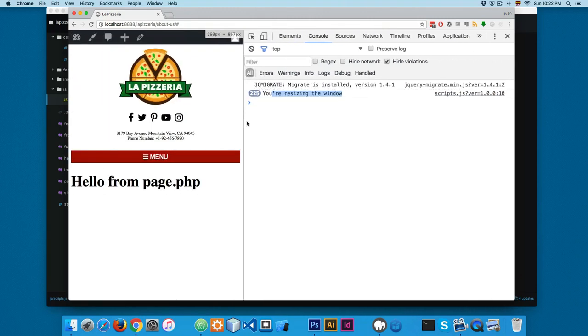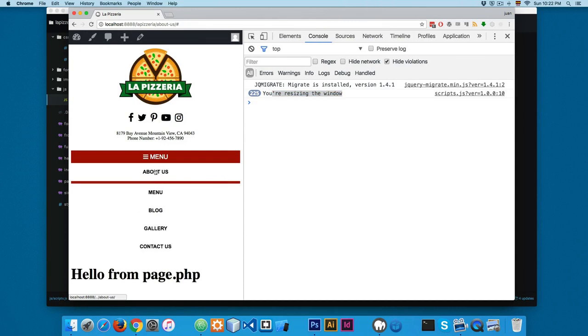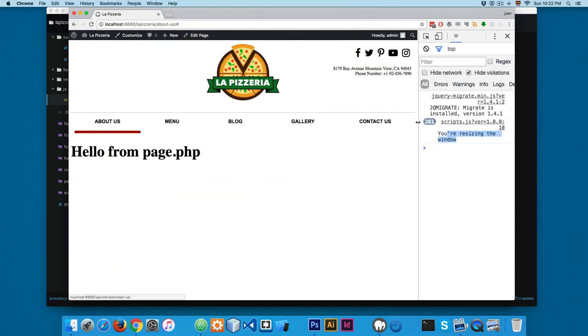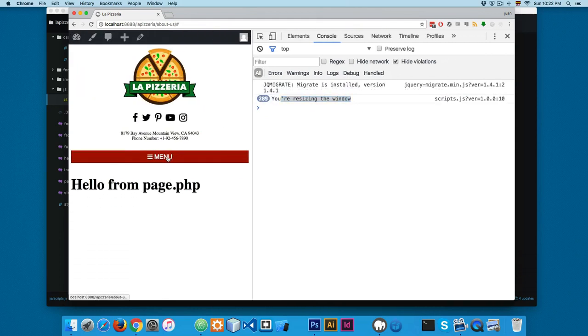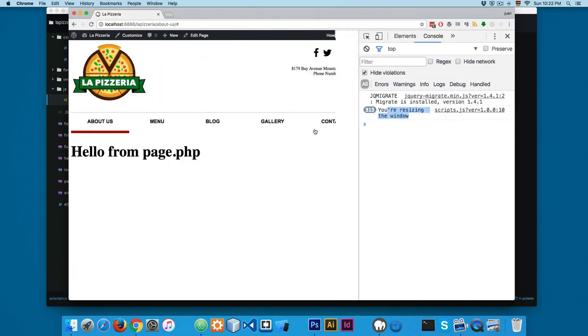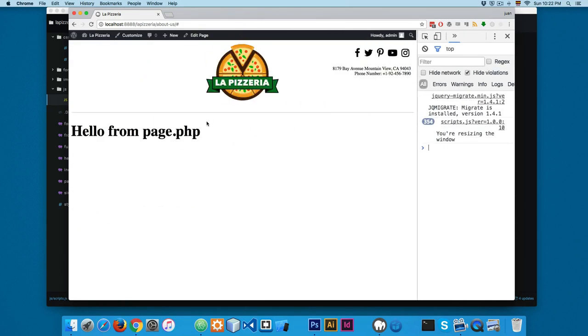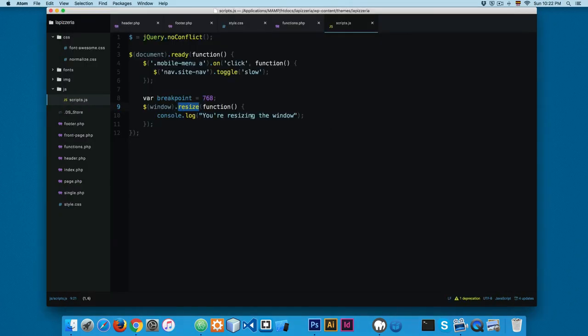So let's see, for example, if I click here, you can see the menu is working, and if I resize, you can see that the menu is there. So we have a small problem here. You can see that it's not working well. We can remove this, and we're gonna add an if statement, if, and we're gonna add document